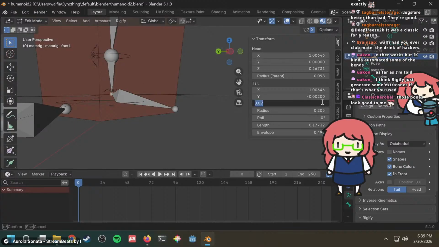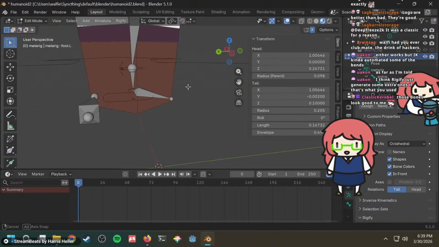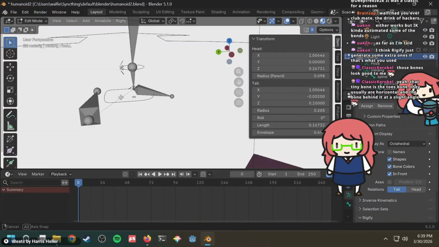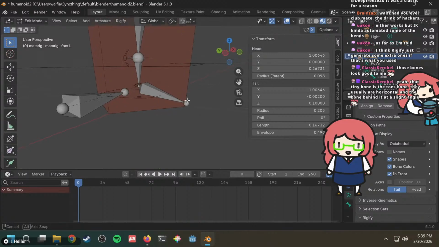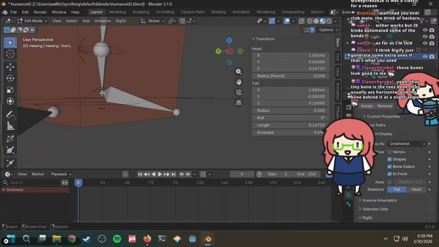Oops. Sure. And then this bone is there. That tiny bone is the toe bone. They're usually horizontal, and the bone behind at a slight angle. Oh, this is entirely horizontal? Wait. So this is at Z 0.